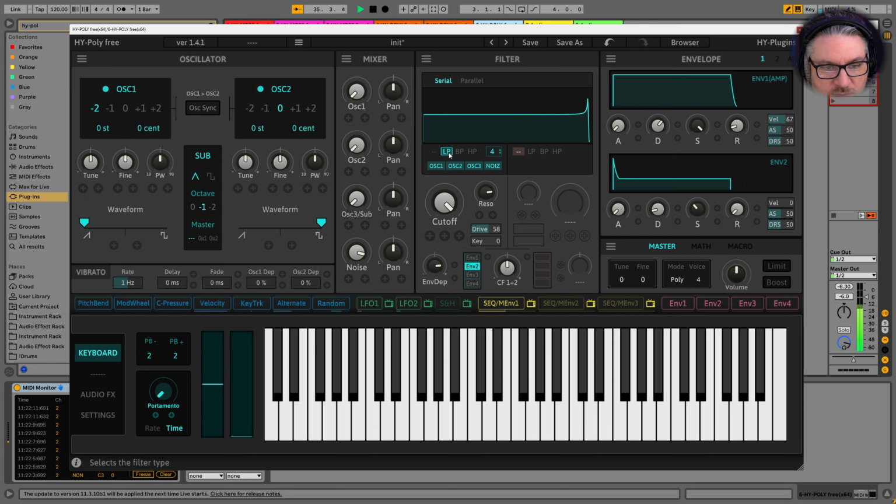I don't even need to turn on the filter, but maybe the drive might make it sound good. Nice, there's a clap.